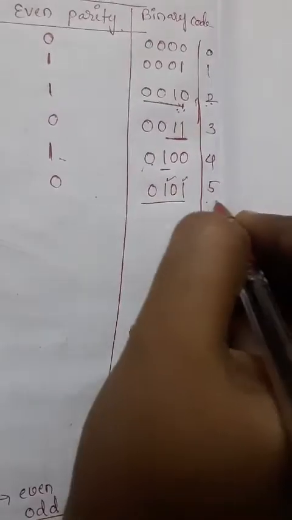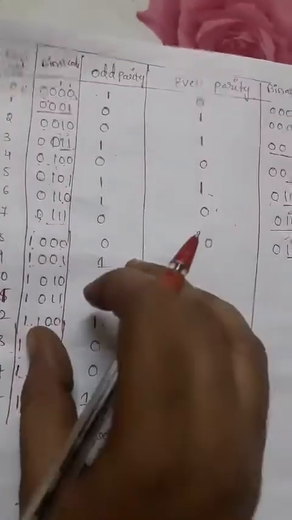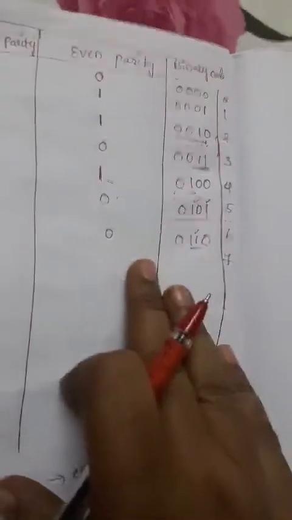And next 5, 0101, in this number directly we are having 2 ones, so with respect to that parity we can add 0. And next for 6, 0110, directly it is also having 2 ones, so we make it 0. So for 7 the same procedure, whatever procedure we followed in odd parity will be followed in even parity, but the number of ones will be even in even parity, and odd in odd parity, that is the only difference. Okay, so for 7,